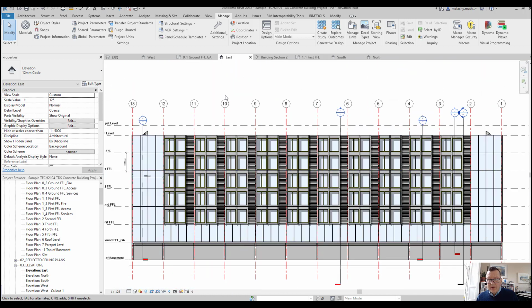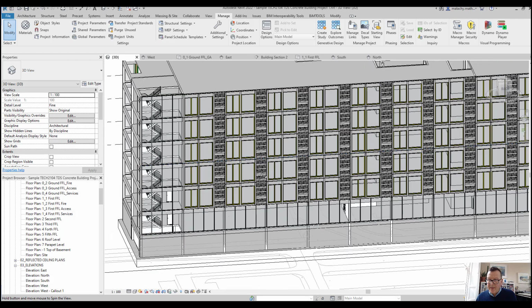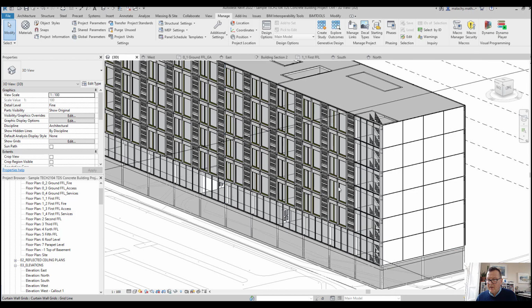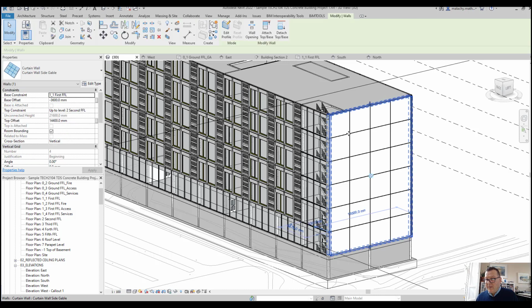All right. Okay, so let's go back into the 3D here. Now, what happens at the gable ends? All right. What happens at the gable ends? So basically, what I've done here is I created a curtain wall. I did the exact same thing. I divided up based on the grid lines and the levels, and I put in a couple of extra ones here,